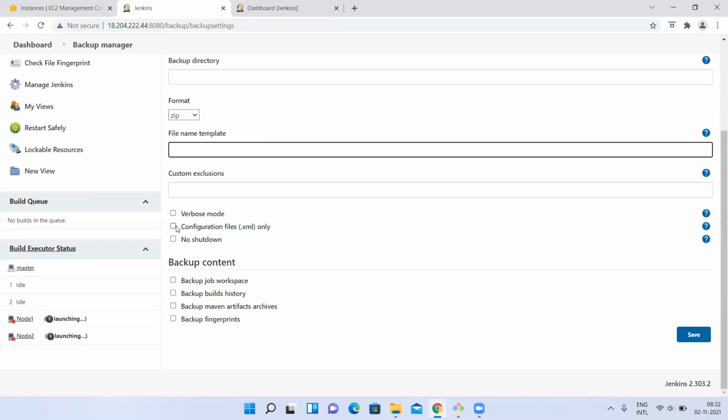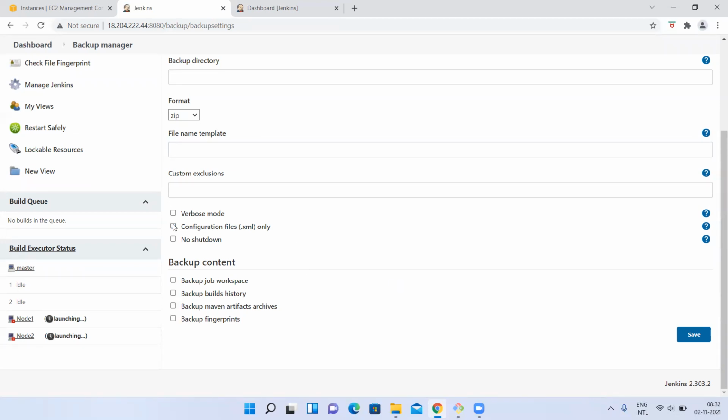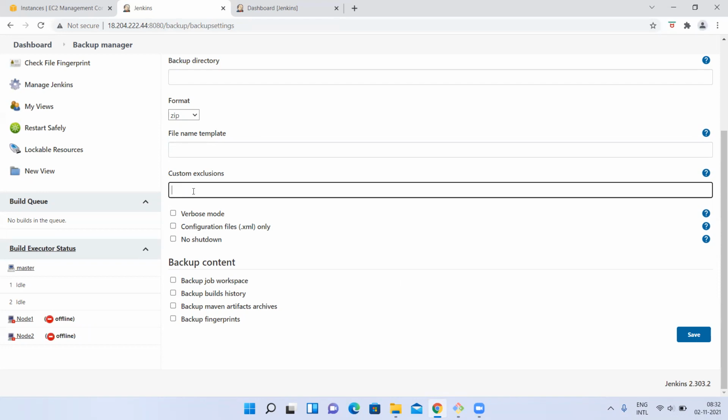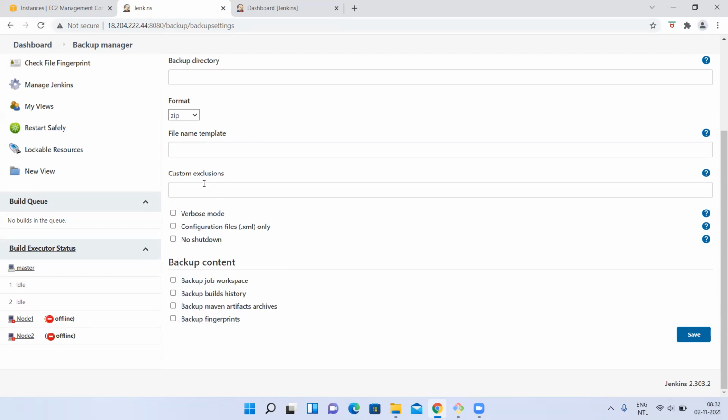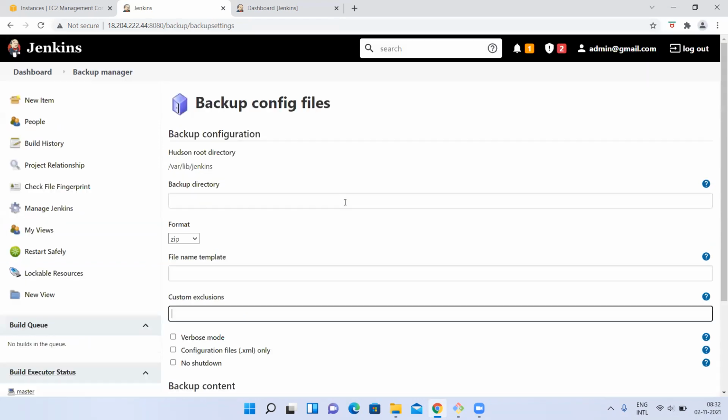This configuration file, I said, is very important, right? All the settings related to Jenkins, if you want to do them manually, we can do it here. If you want to exclude something, if I don't want a few files or a few jobs, you can write the excludes pattern, you know, right? A star like that, we can write it.